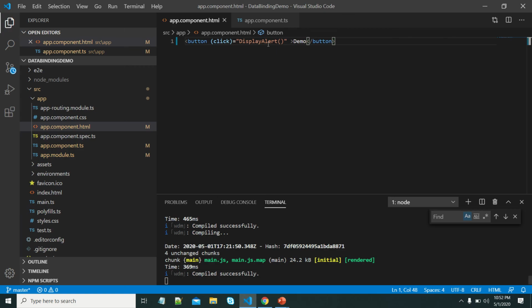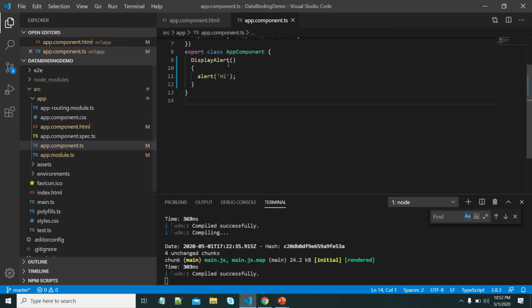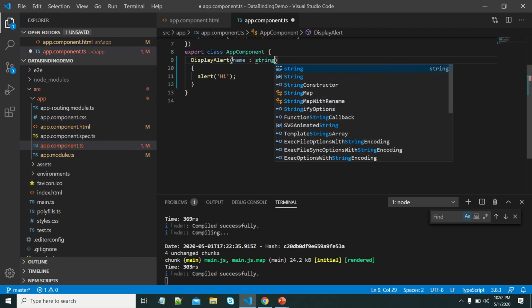Suppose I want to pass some data from the template to the component. Let me put some text, some name, John. That I need to use here. Let me take that one as name, type is string.